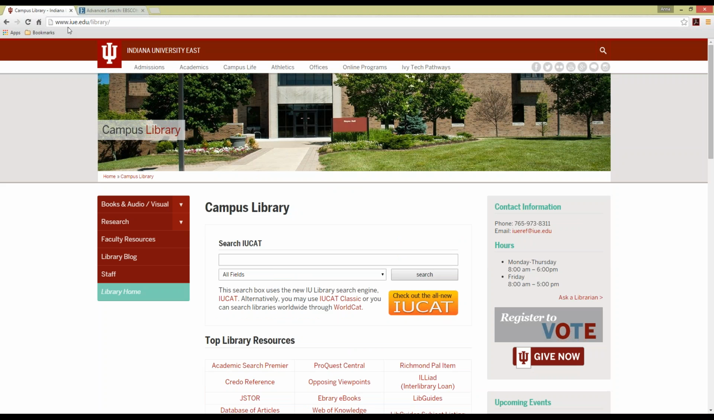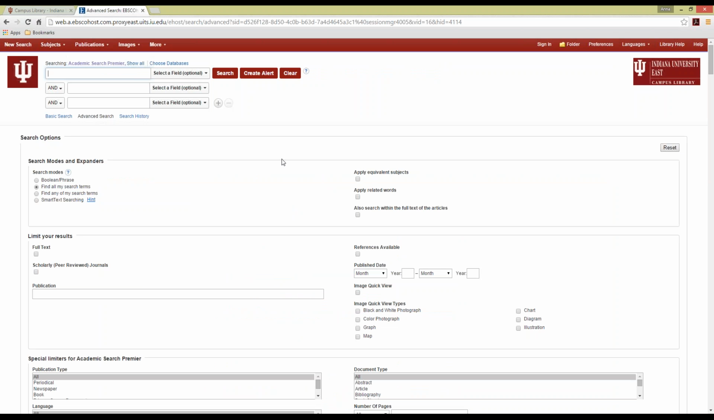We're using their library, so www.iue.edu/library. From there, you're going to click on Academic Search Premier. This is going to bring up a search screen that should look something like this. You're going to have to log in using your IU credentials, and then it should bring you to a screen